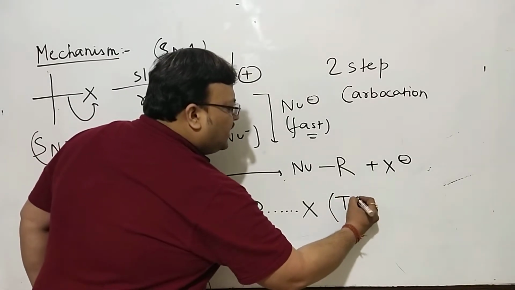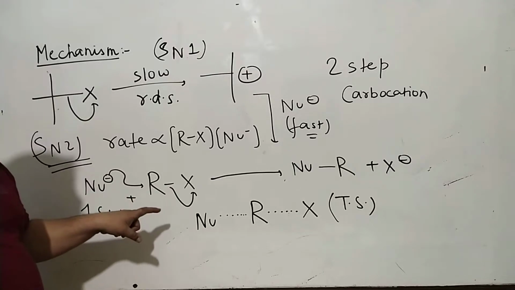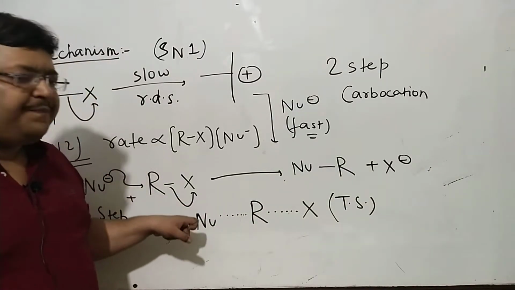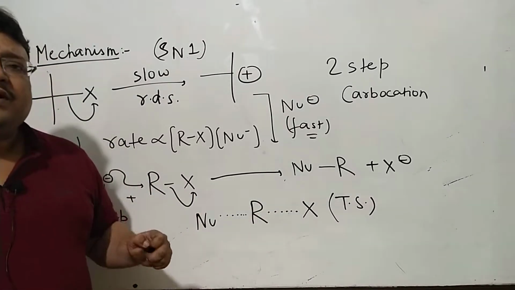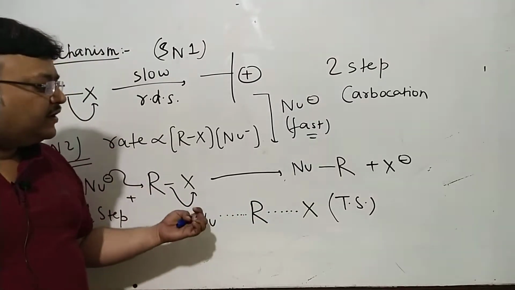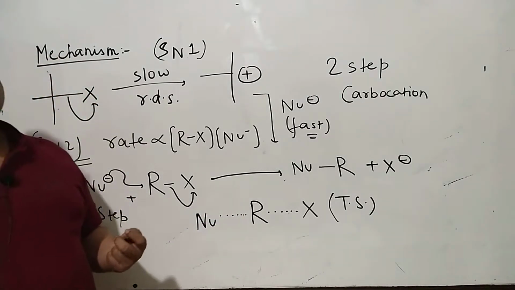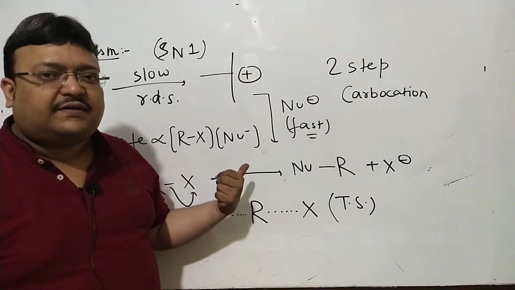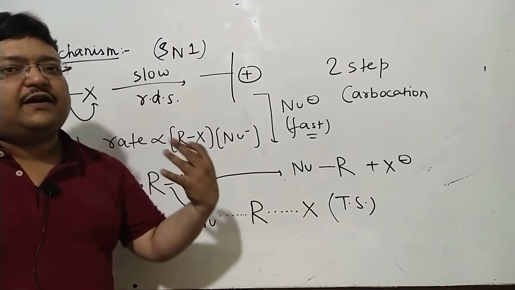I'll certainly give you an elaborate picture when we see the tetravalency of carbon, but right now the bond breaking and the bond being made, making and breaking of bond is happening in the same step. At molecular level, we suggest that the amount of energy required to break this bond is eventually drawn by the energy which is released when this bond is being formed. And as I told you, SN1 is supposed to be a two-step process where the nucleophile acts in the fast step and is naturally out of the rate law expression.